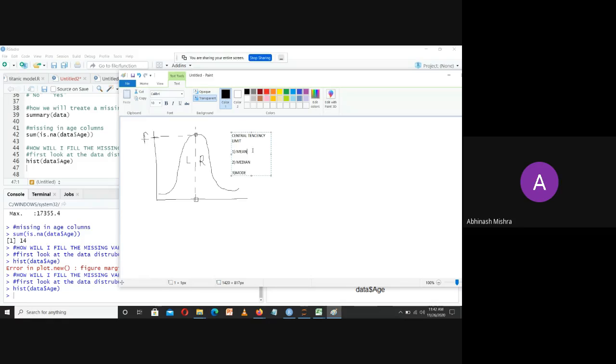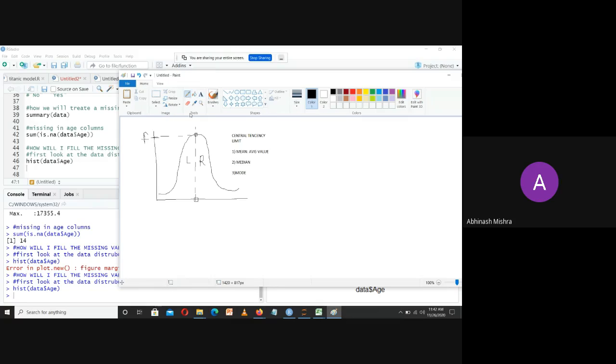Now, in simple words, what a person will understand for mean is the average value. If I look at this particular graph, this is the minimum value, this is the maximum value. So you will say that the average value is somewhere here.